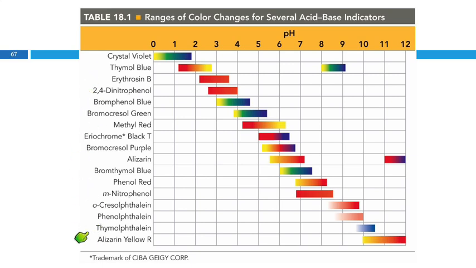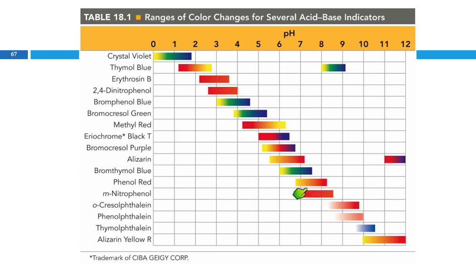So how would you pick an indicator? You want the pH range to correspond to your equivalence point, right? So for weak acids, it's going to be in this 8, 9-ish range here. It's going to be above 7, right? And so,